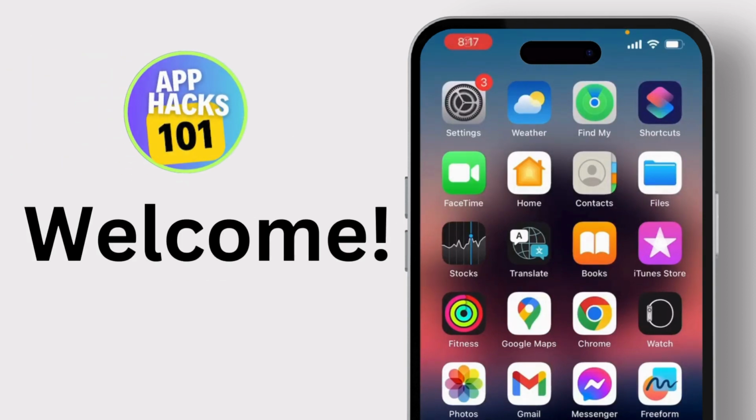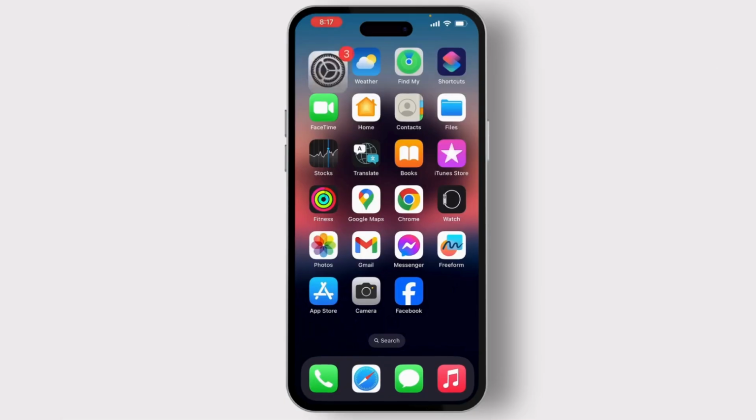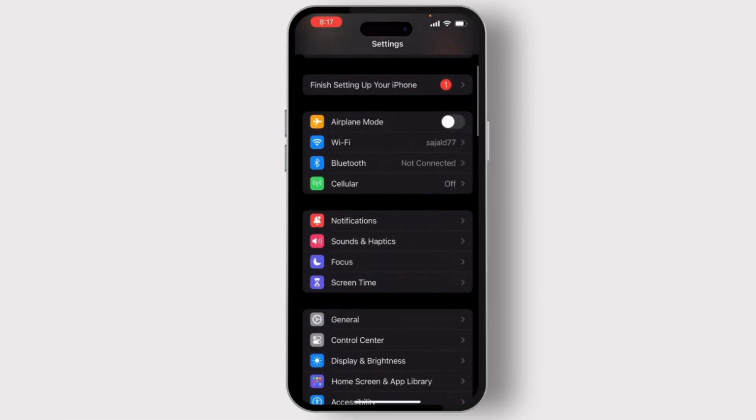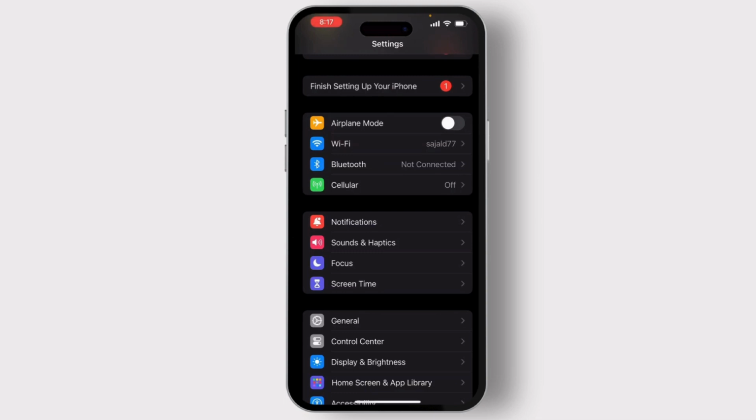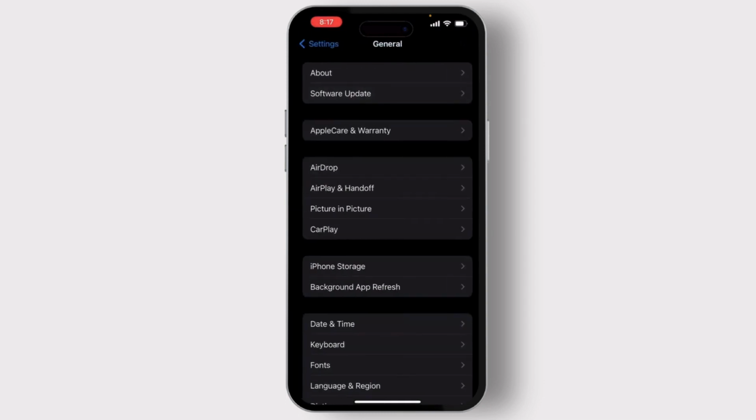In this video we are going to see how to fix "unable to install update" on your iPhone. If your iPhone is showing "unable to update" on your software update, then what to do? If it is not showing like this, then first of all go to the